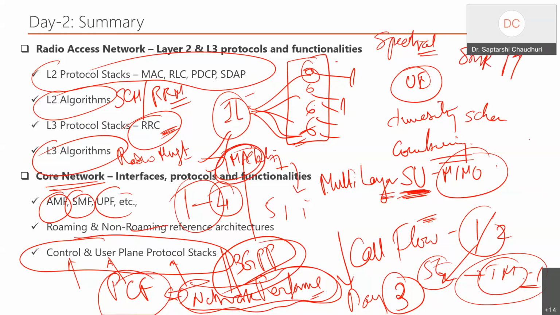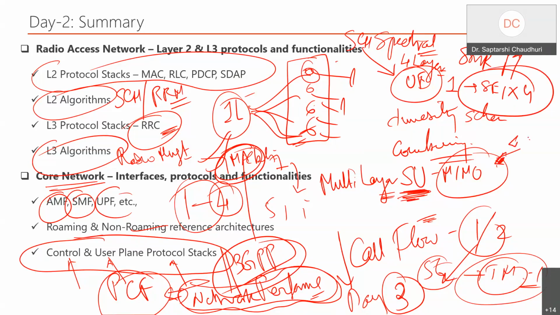So the device will be told by the base station scheduler that I am invoking 4-layer transmission to your side. Every layer will add one unit of spectral efficiency, so with 4 layers, 4 times the amount of bits can go out to his device. Now in 4G we used to tell the mobile to switch over to the TM mode to do the SU MIMO transmission. In 4G we used to tell the mode that now I'm going with diversity, now I'm going with spatial multiplexing. What got added is unnecessary signaling.